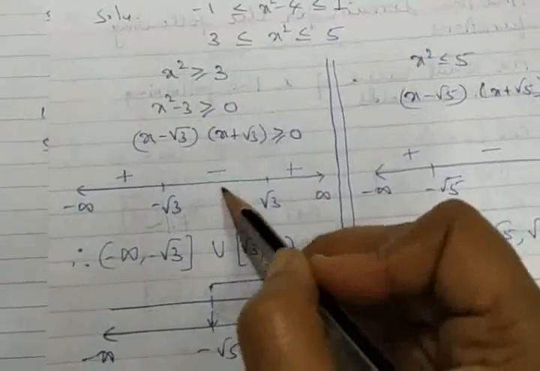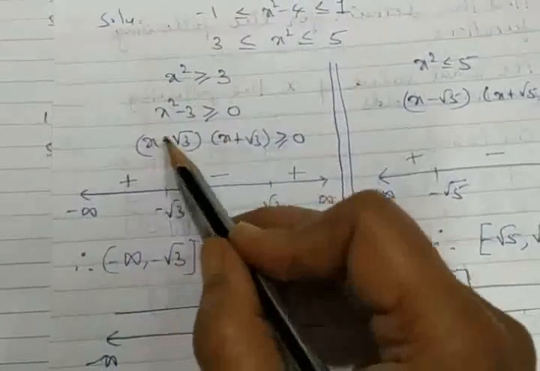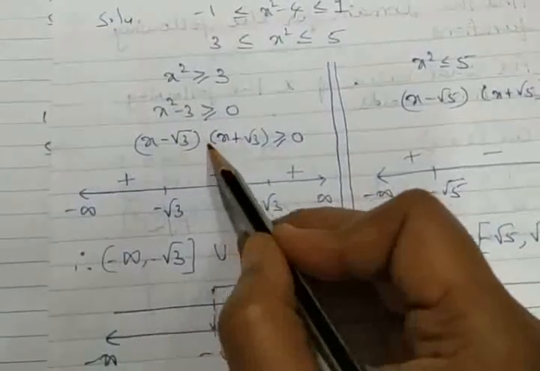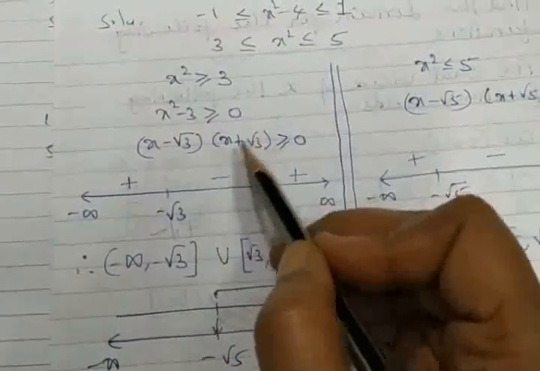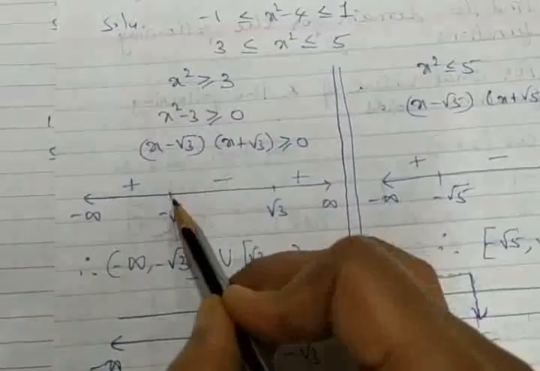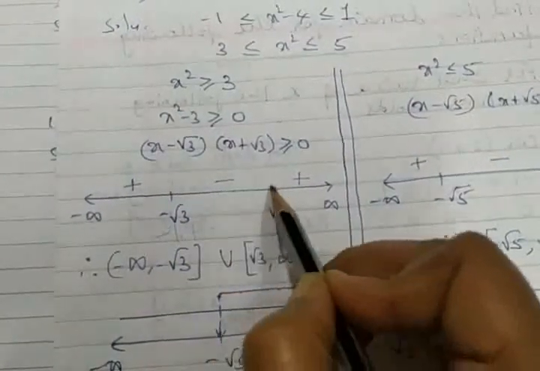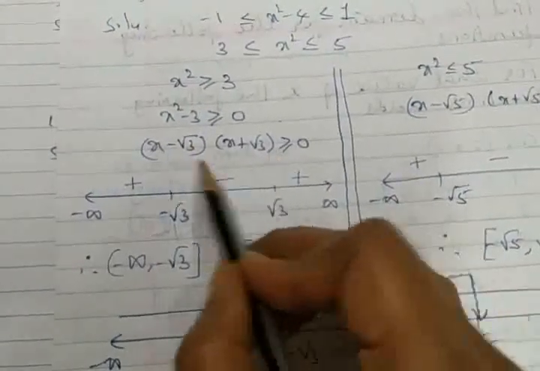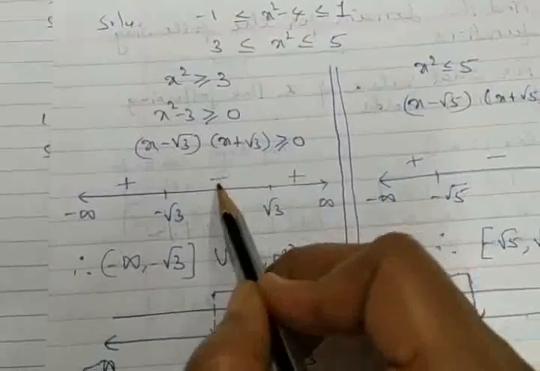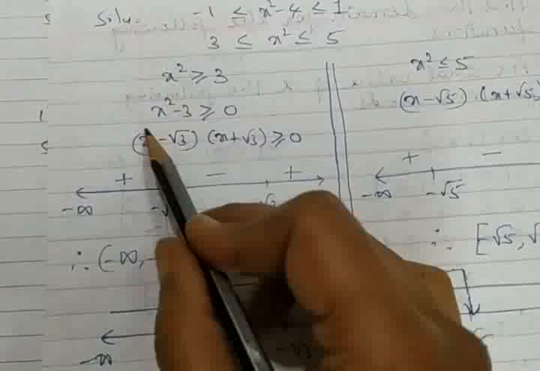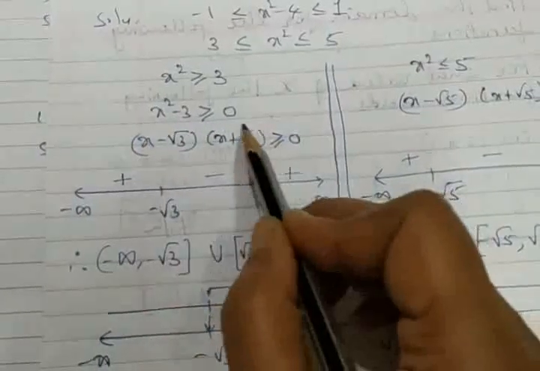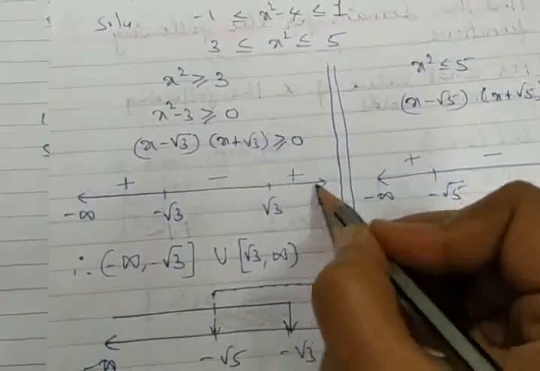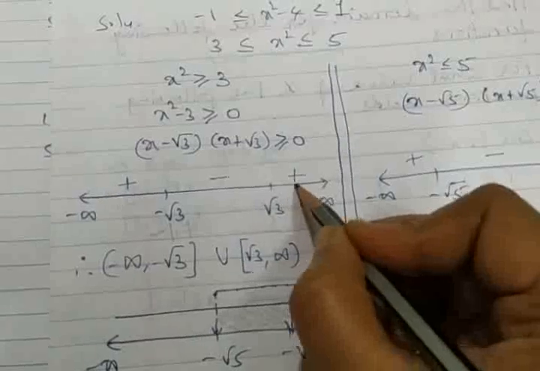Okay, let me verify it for 0. If I put 0, what remains is negative here. If I put 0, what remains is positive here. Correct? It is minus into plus. The result is minus only. So in this interval, whichever point you take, any point you can select here, this factor into this factor will definitely give a negative answer only. I'm just discussing for this. Still I have not come to a conclusion. Similarly in this interval, after 1.7 I can go for 2, 3, 4, 5, whichever you choose. I have taken 2.